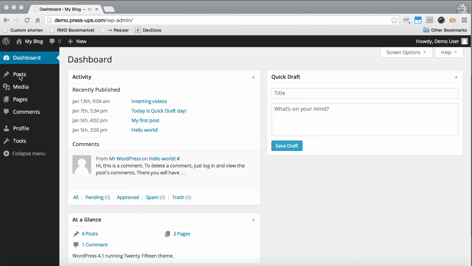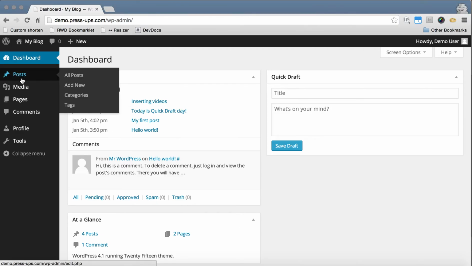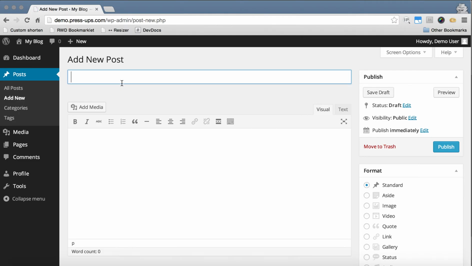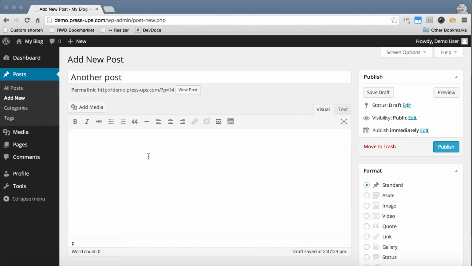I want to do a post today about how to make good use of the post editor. So what we'll do is dive straight into creating a new post, and we'll just give it a title. Like this, and then what I want to show you is some tips and tricks for this area here. This is where you type the content of your post in,